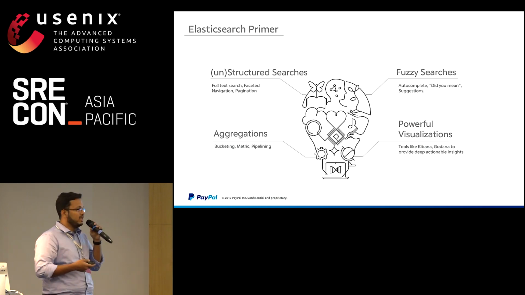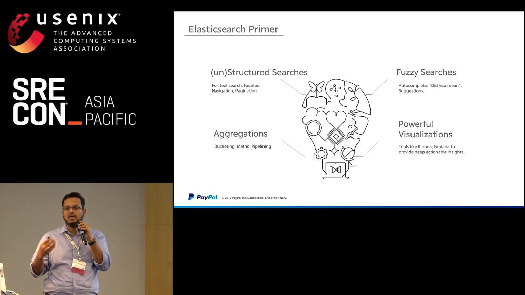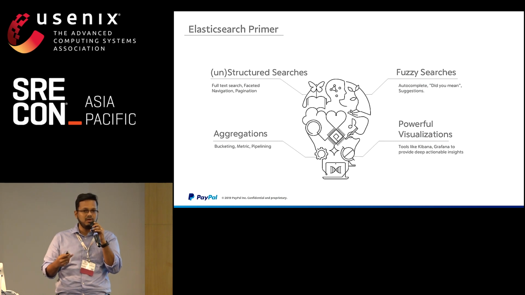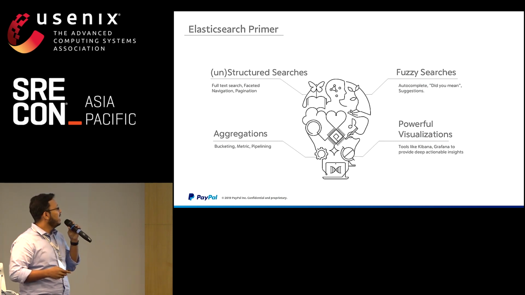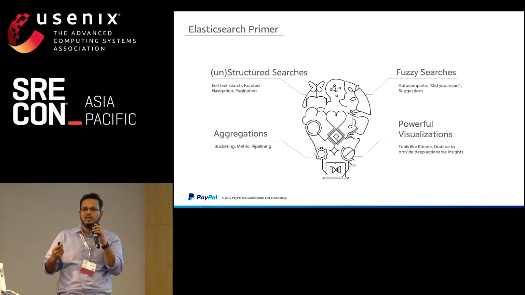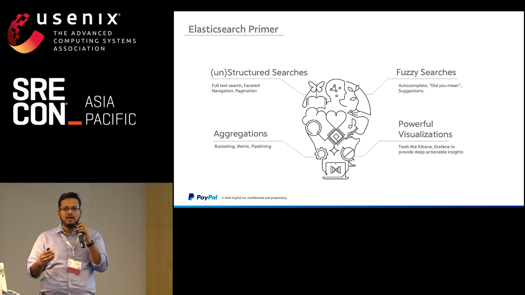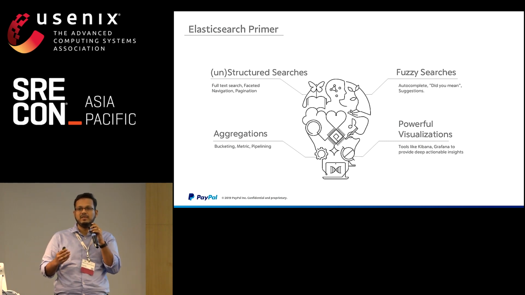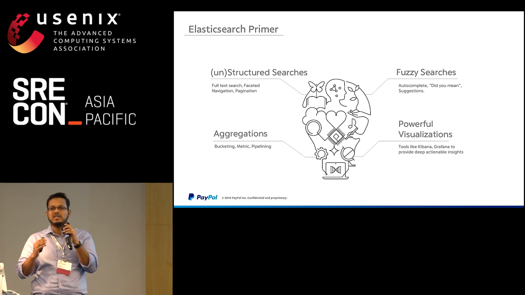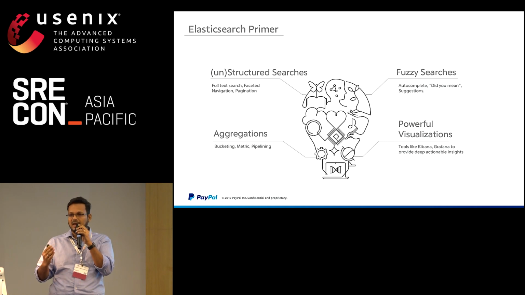Another thing is aggregation, so things like doing bucketing. If you want to do things like group by, those are really insightful for the data that we capture within Elasticsearch as well. And on top of this, Elasticsearch also comes with powerful visualization. Kibana is one of the software that comes bundled with the Elastic Stack, and you also have Grafana, which I think many of you would have already used. They come with really good integrations with Elastic. So this gives you near real-time actionable insights. If you collect data across your system and make sure that data is available in Elastic, you can build really powerful graphs that tell you the state of the system.